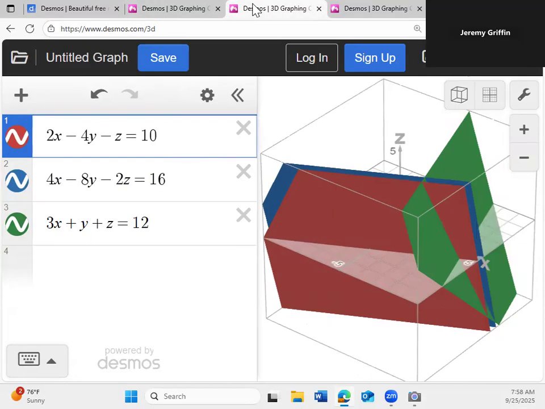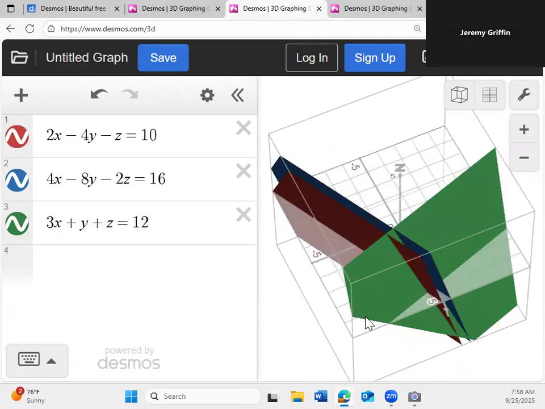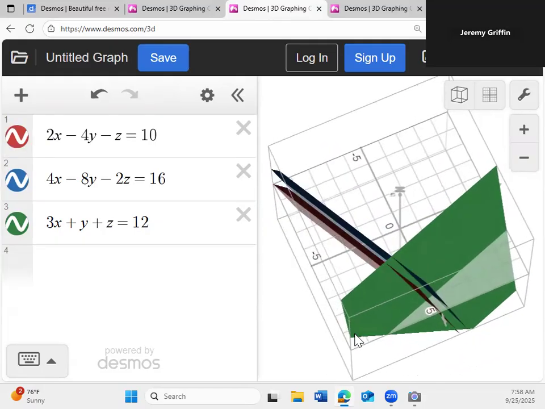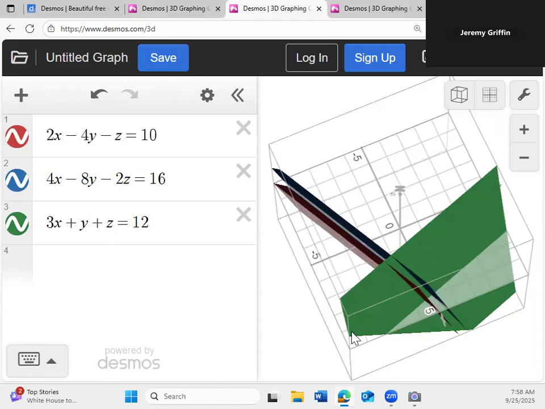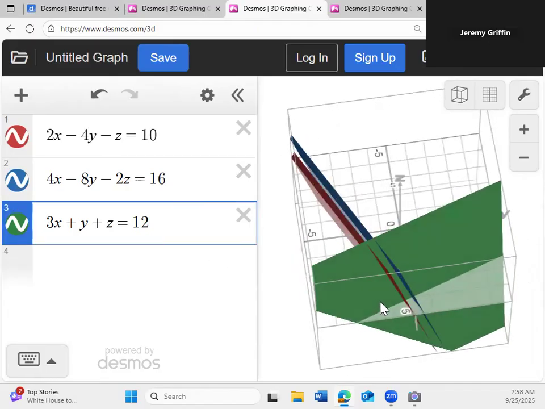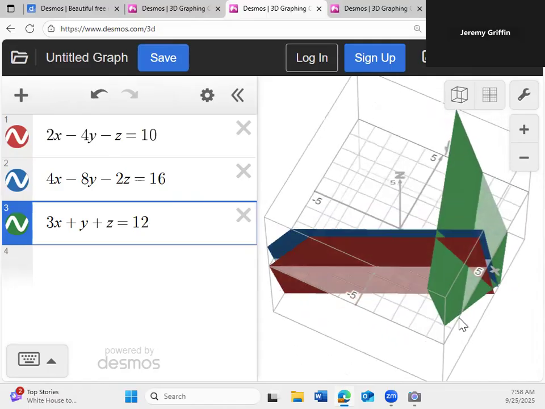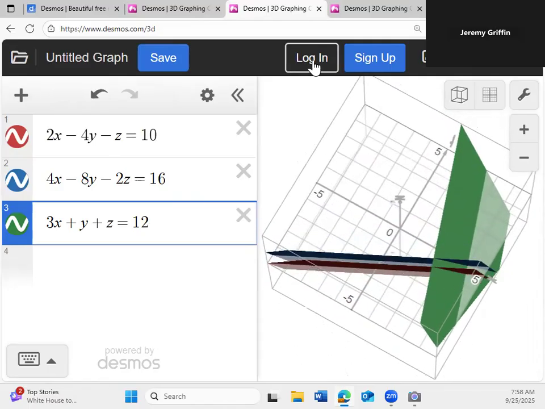Okay, so go over to number five. And you can see right away the red and blue planes are parallel. That means there's no solution. There is no single point where these three planes are all at the same place at the same time. So that one would be no solution. You can see it right there from those parallel planes. The red and blue are parallel. And then